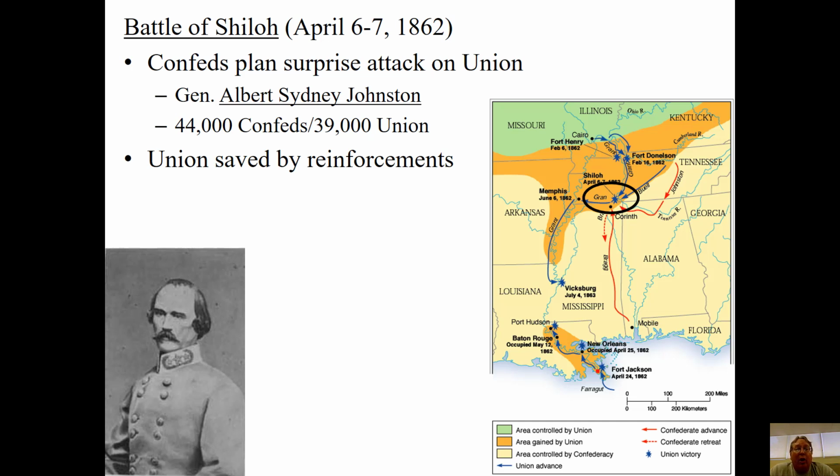About half the Union army disintegrates in the first hours of this battle. The other half, about 20,000 men, are barely hanging on. They're pushed back against a river in the area, and it looks like they're about to be wiped out. But they do fight back pretty hard, and they do slow up the Confederate attack. And in the end, Johnston decides his men are exhausted, they're running out of supplies. He's going to retreat back into the Union camps.